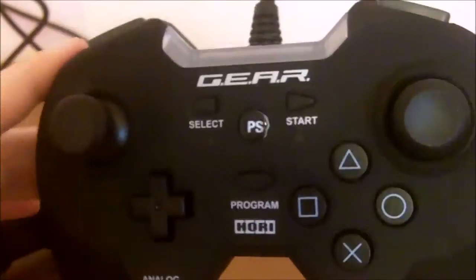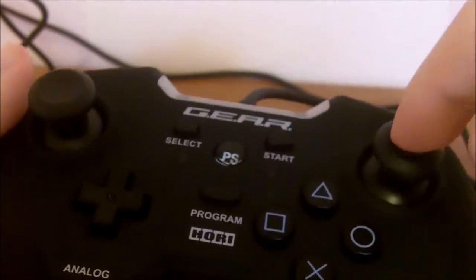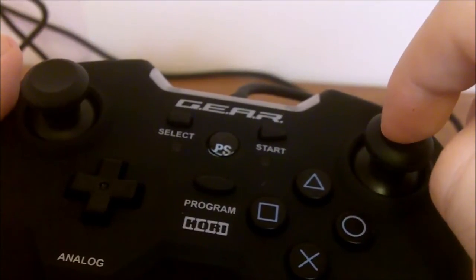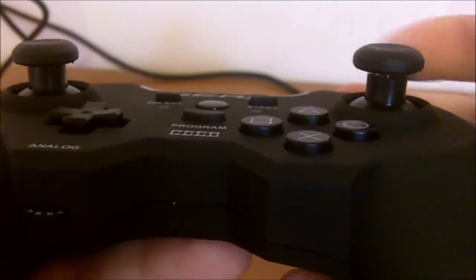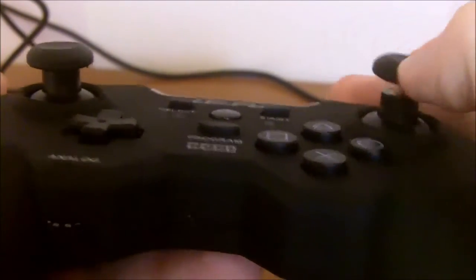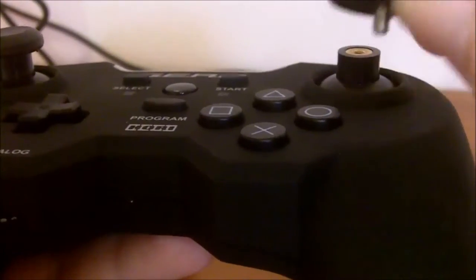Also, one other thing I almost forgot. I don't have them with me, but they give you 3 different sizes. 4? No, 3. Okay. I had to do some quick division. What these nubs are is they're actually replaceable. For both. I'm not going to go and unscrew both of them just to show you, but you can see,